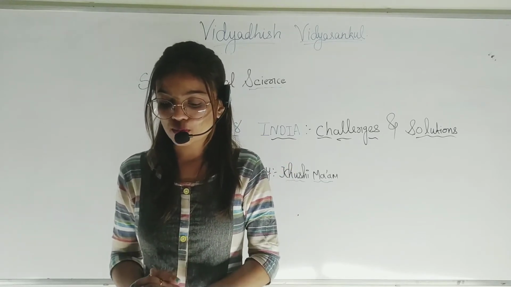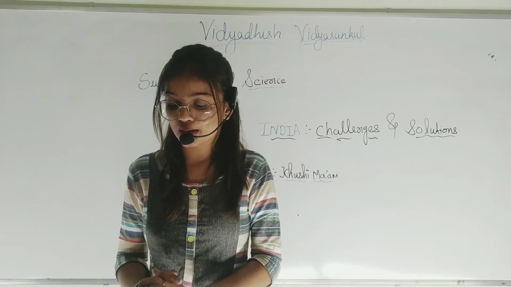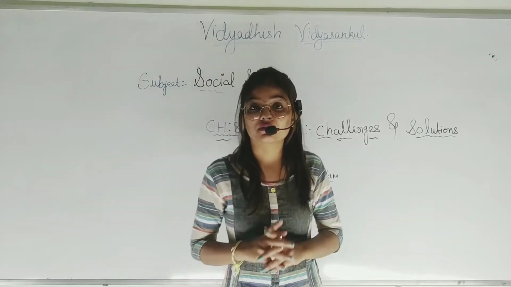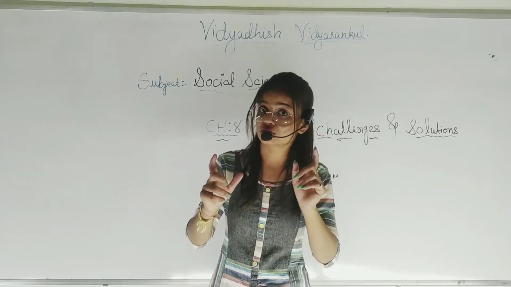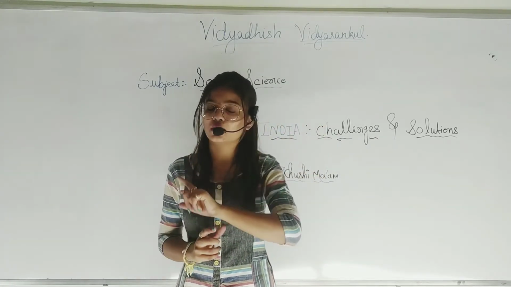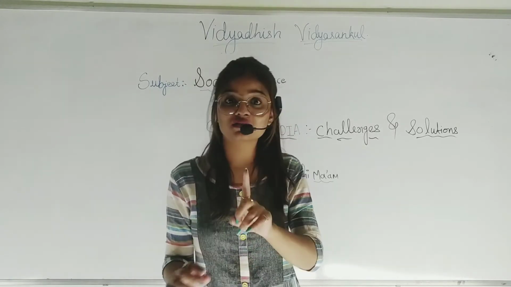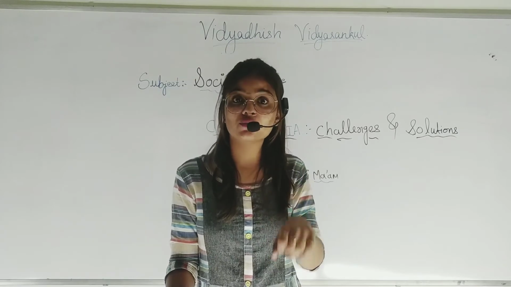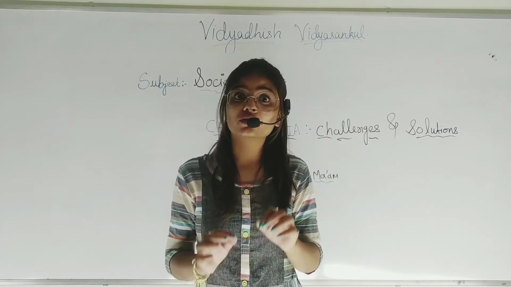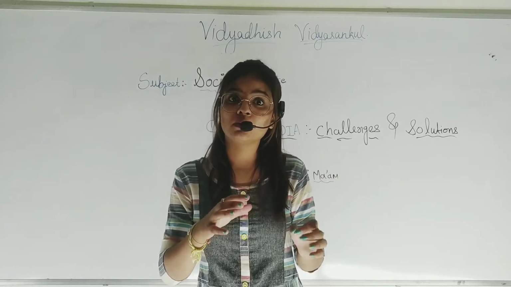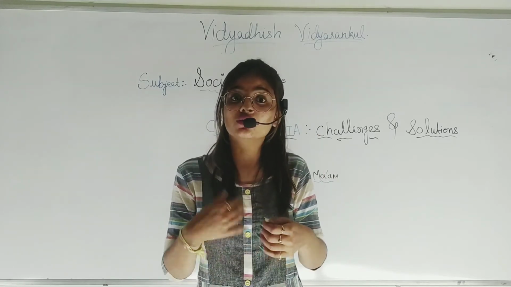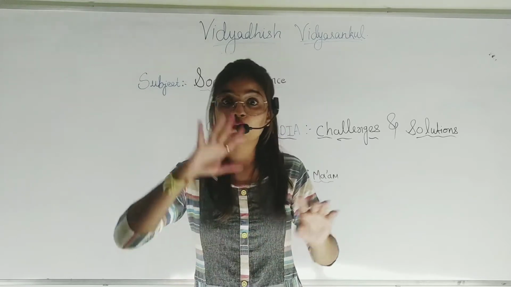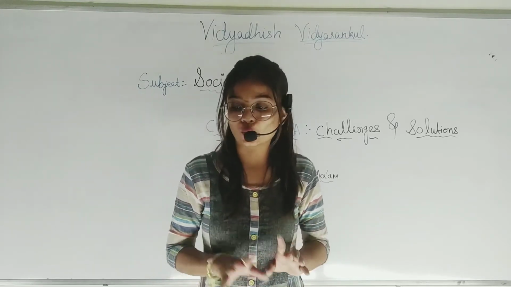Next, a person who is above 18 years of age and is willing and capable to work and does not get a job is called an unemployed person. Now we have the definition, students. You have to remember the definition of unemployment because it is very important in your 10th standard. Also, you have the classification of unemployment. Just now we will see the reasons behind unemployment, but in the 10th standard you will learn more about the classification of unemployment, right? So for this, students, you have to prepare now.